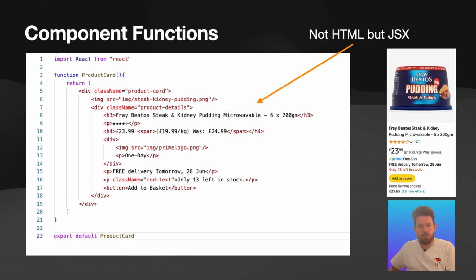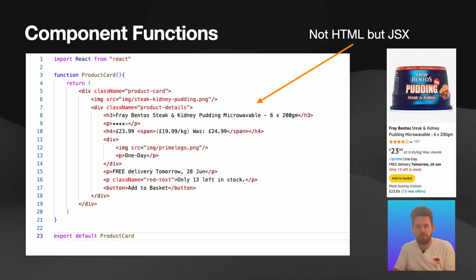So let's actually have a look at our function here. Now you can see all we're doing here is we've got this product card function and we're returning from it a div component with a class name of product card. That's the whole card. And then inside it we have maybe a H3 with the title and a P with the star rating here, for example. Now this is a little bit basic. There would probably in reality be a lot more code going on here, but this just gives you an idea of what kind of goes into making one of these